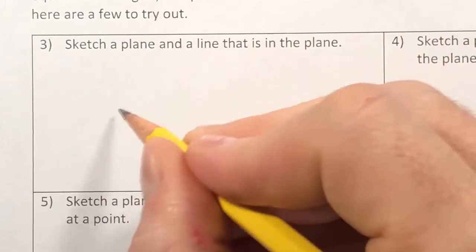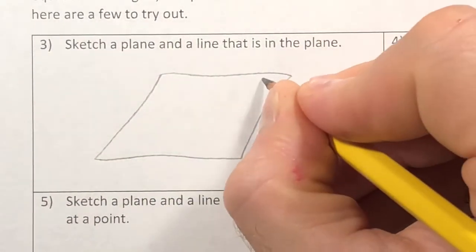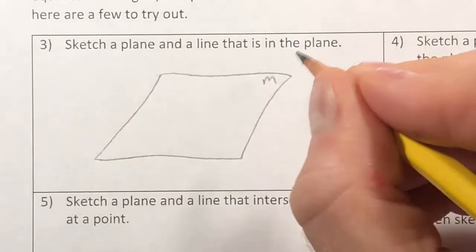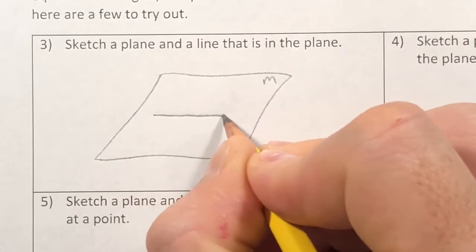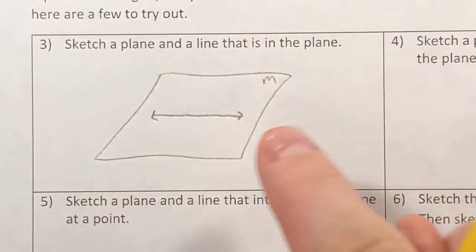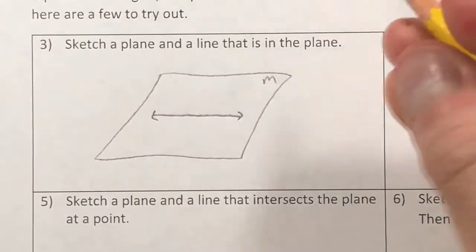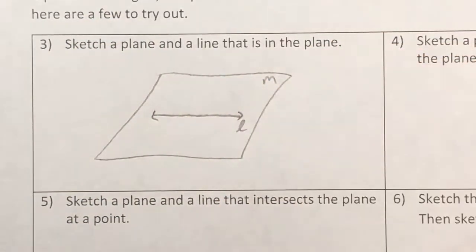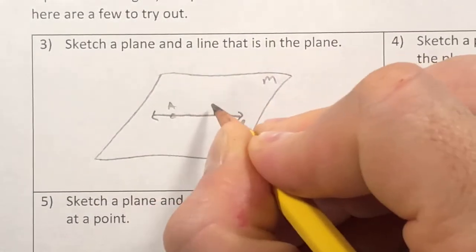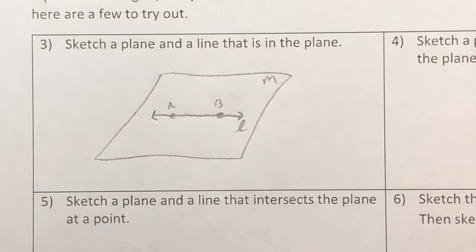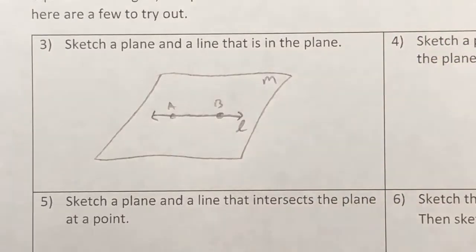Okay. So I have a plane. There's my plane. I need to give it a name, M, and a line that's inside of it. So quite literally, I'm just going to put each of my infinities of my line is contained within this plane. I'll call this line L. Now I could give it some points right here, and I could say this is A and this is B, but the big thing that I don't want to show that my line is inside the plane is I do not want to put it